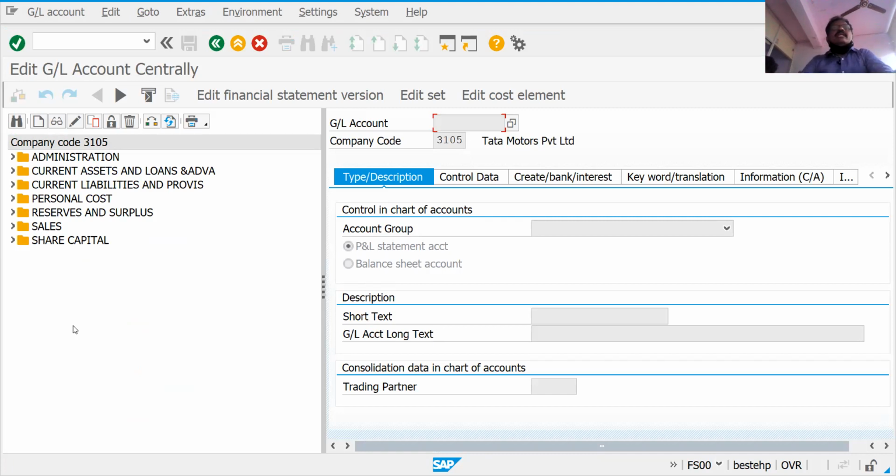So here we need to understand how to create the general ledger masters.